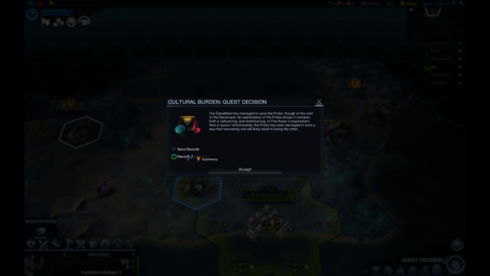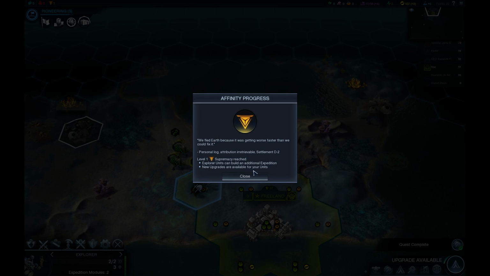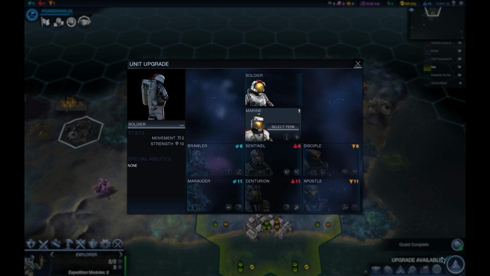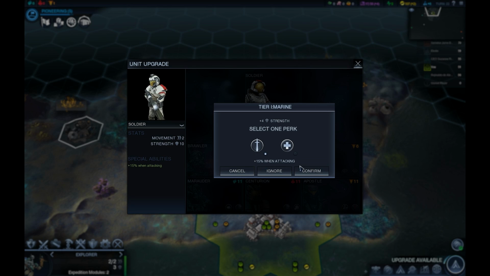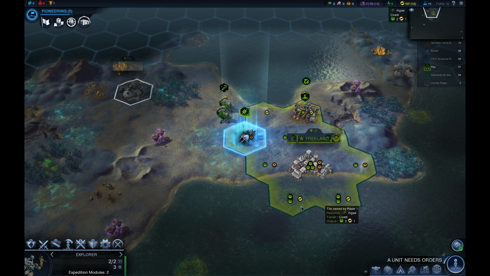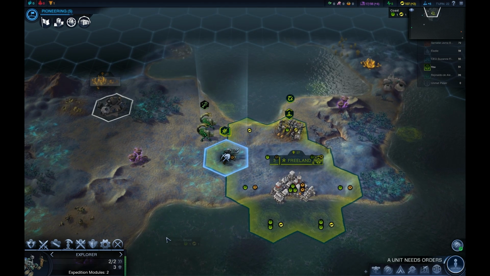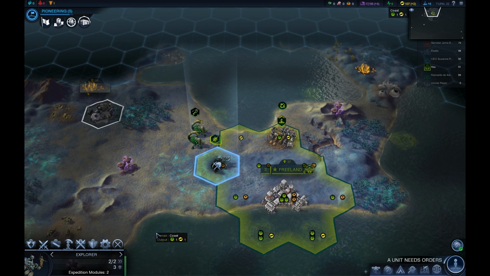I guess I'll go supremacy. We fled. I don't like making decisions like this right now because I really don't know which way I want to go, but oh well. Let's select a perk. I think what I'll do, rather than give him better healing, let's make him a little bit better when attacking. And my explorer...